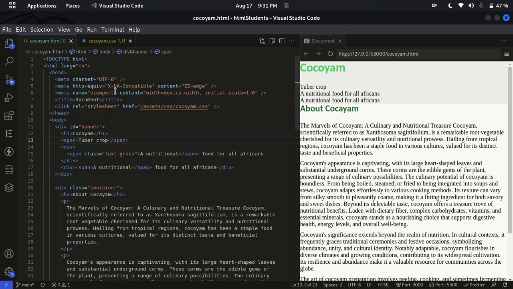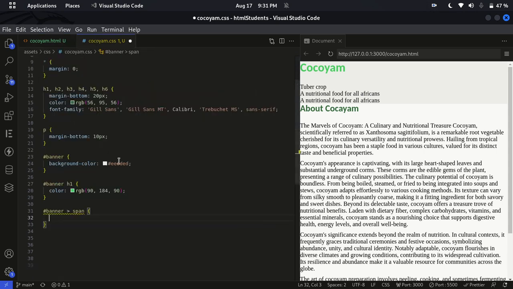If you look inside, have I started the video? Did I continue it here? It's running. If you look at this one, we have several spans inside this document. You have a span directly inside banner, and we have another span inside these divs. So what we did here is a selection whereby it should select the span directly inside this banner. Let's now say we have this one as